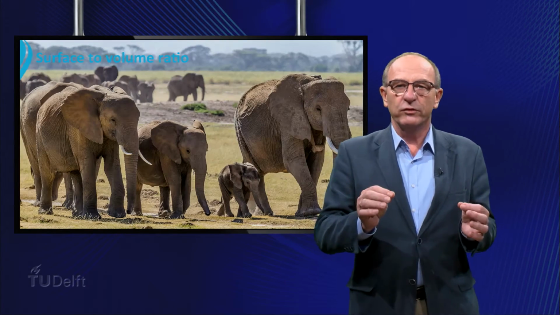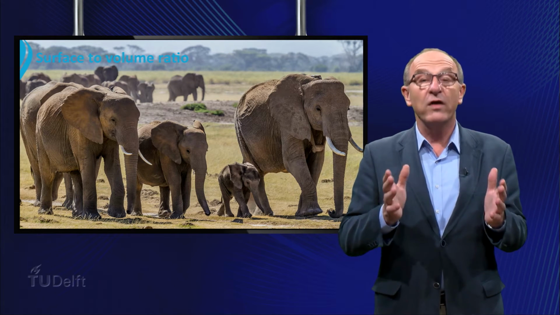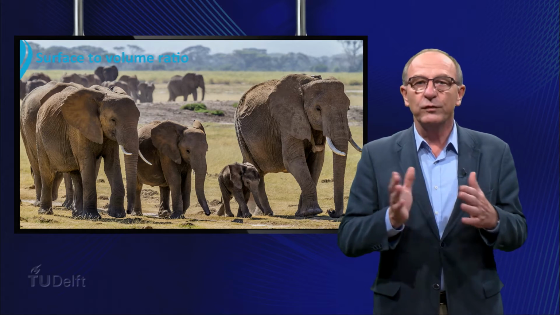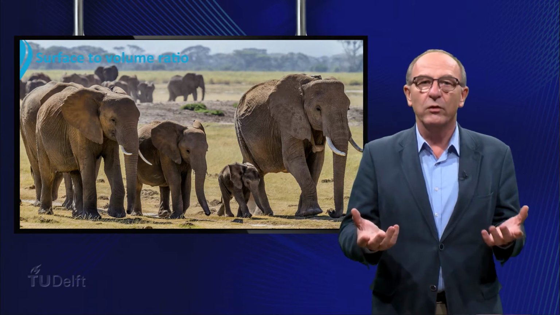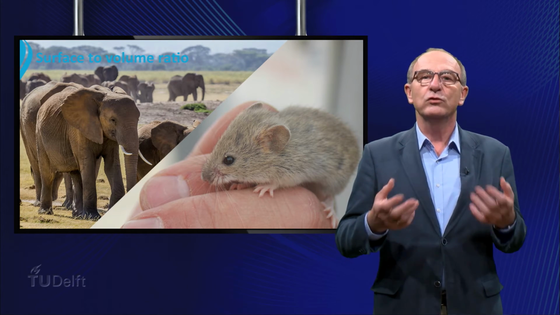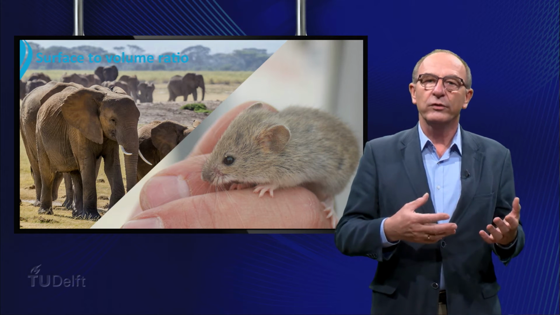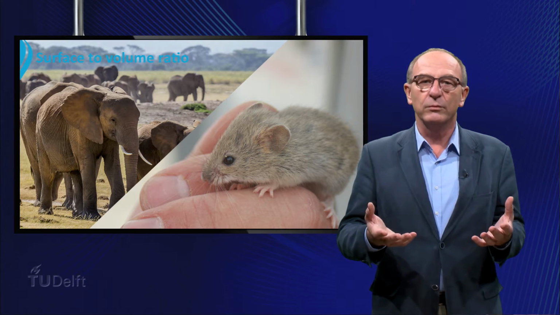Many large animals, like elephants who live in warm areas, do not cool down fast because the surface to volume ratio is low in comparison to the one of a small animal like a mouse. However, elephants have different ways to compensate for this. For example, they have big ears to increase their surface area without increasing their volume.